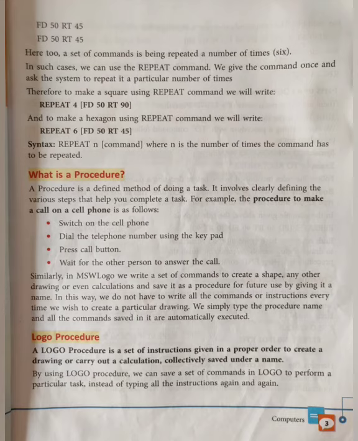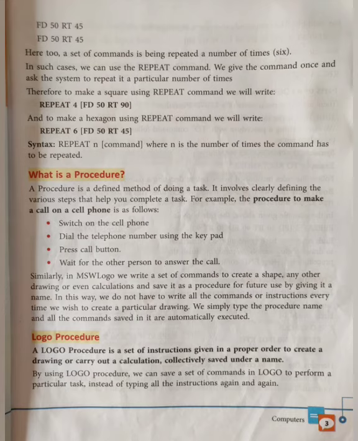I will give you another example. If you want to go to school, first of all, you have to wear the school uniform, then you have to get your school bag ready, and then you will take your breakfast. After that, you will come to school with your parent. So these are the procedures you have to follow before entering the school. So procedure means that before reaching our ultimate goal, we have to do lots of things. This is called procedure. So we have learned what is a procedure.